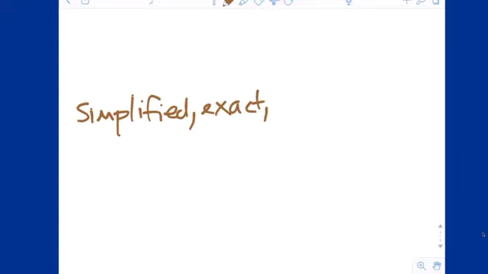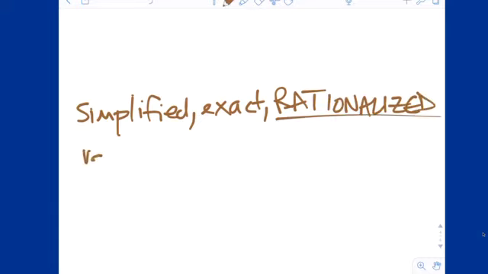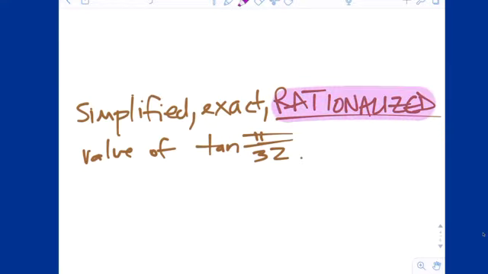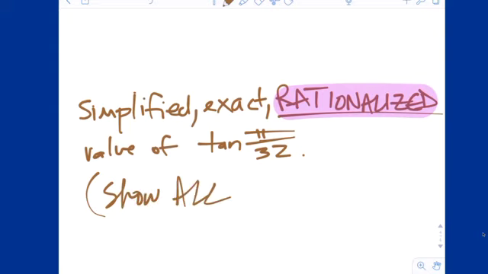exact, and here's the fun part, rationalized value of tangent of pi over 32. This is a bonus that Mr. Peck used to do back in the day when I was one of his students. And ever since I've been a teacher, I've just kept it going. It's a fantastic problem. If you can successfully get the simplified, exact, rationalized value of tangent of pi over 32, and by the way, you have to show all the steps,